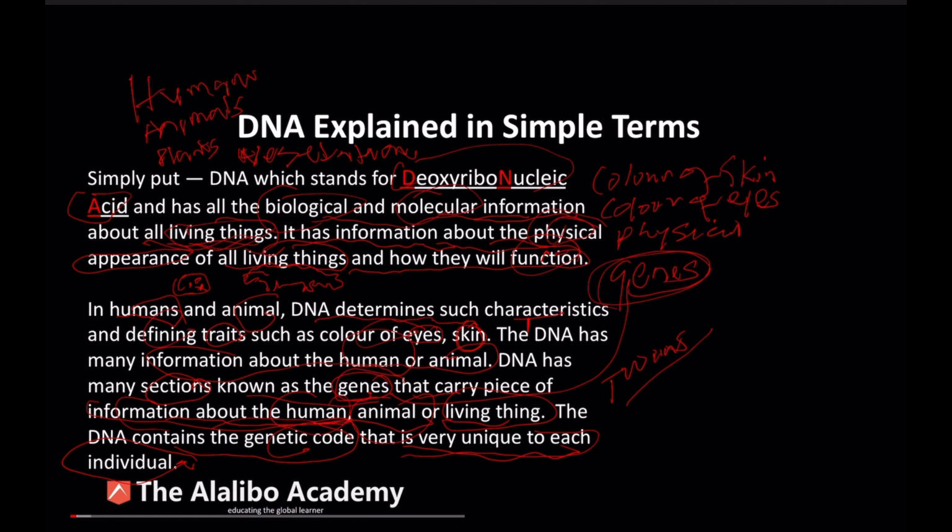And all living things have DNA within their cells. This is important to note as well. All living things, animals, plants, humans, have DNA within the cells. And scientists have told us that nearly every cell in a multicellular organism has the full complement of DNA, the full set of DNA that organism requires. So this is DNA in simple terms. A very complex idea, but breaking it down this way hopefully makes it manageable and a bit more understandable.